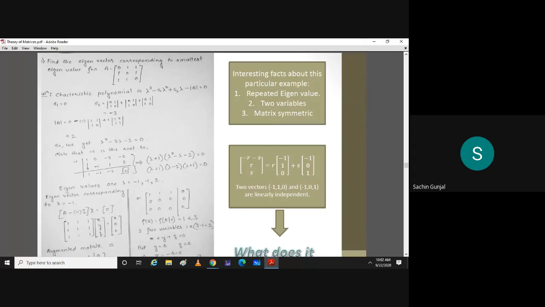So the first factor is lambda plus 1, because this root is -1. Lambda plus 1 times this quadratic polynomial, lambda square minus lambda minus 2, as mentioned here. You know how to find the roots of a quadratic polynomial, so the factors are 2 and -1. So lambda plus 1, lambda minus 2, lambda plus 1. So -1, -1 and 2 are the eigenvalues. Any doubt up to this?